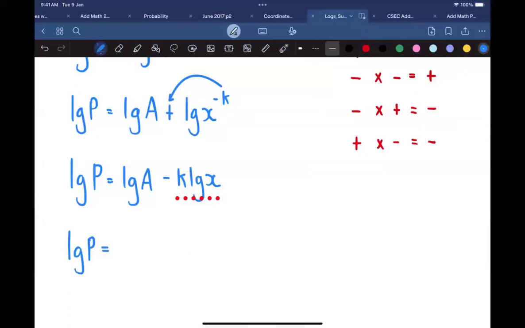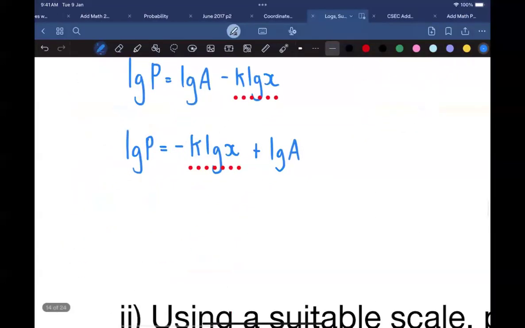It's minus K log X. I put that, so it will be log P equals minus K log X plus log A. Now it's in the form y equals mx plus c. So tell me, where's y? Y is log P, M is